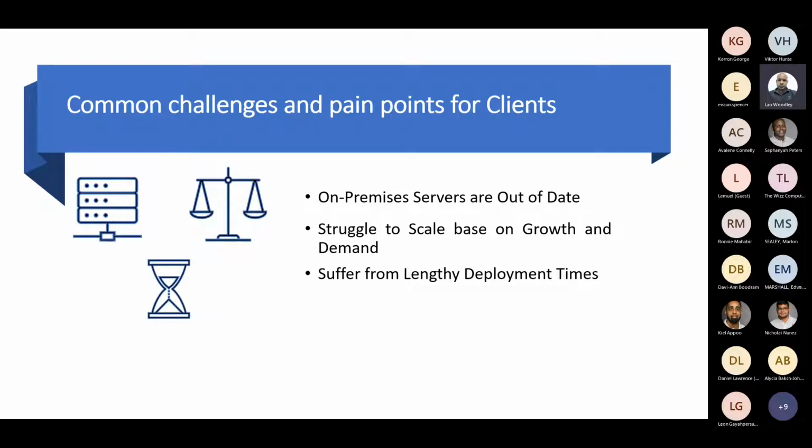Also, deployment times. Maybe we have the capacity, maybe we have the hardware, but there are some tweaks that we need to get. We need to purchase some extra hard drives, maybe we need to fly the engineers in. And this all negatively affects the deployment time. Time is money, and the longer it takes to get to the market, potential money is lost, right?